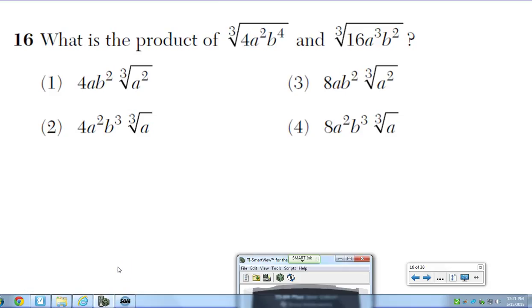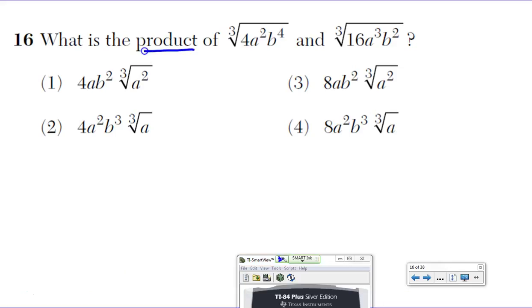Question 16. What is the product of the third root of 4a squared b to the fourth and the third root of 16a to the third b squared? All right, now you can store on this one, but I will do it the real way first. Product means to multiply, and you don't need to have like terms to multiply. You can multiply outsides with outsides and under a root with under a root, as long as the two roots are the same. So if we multiply those together,